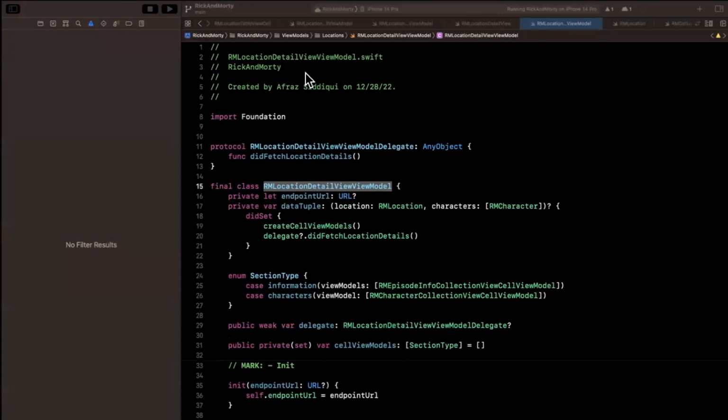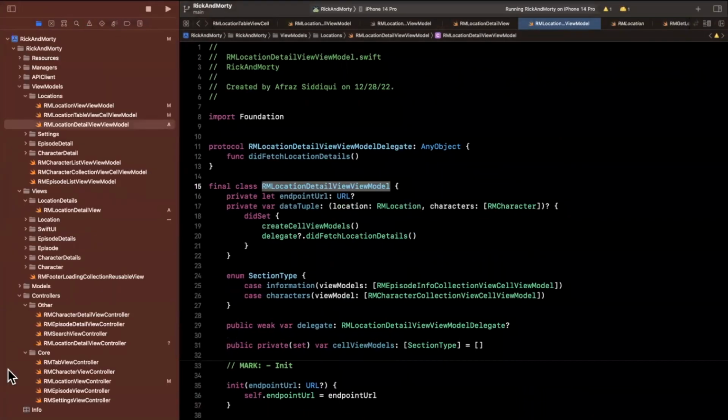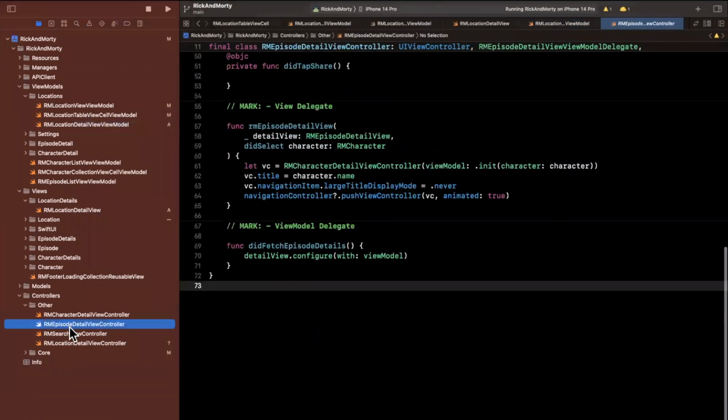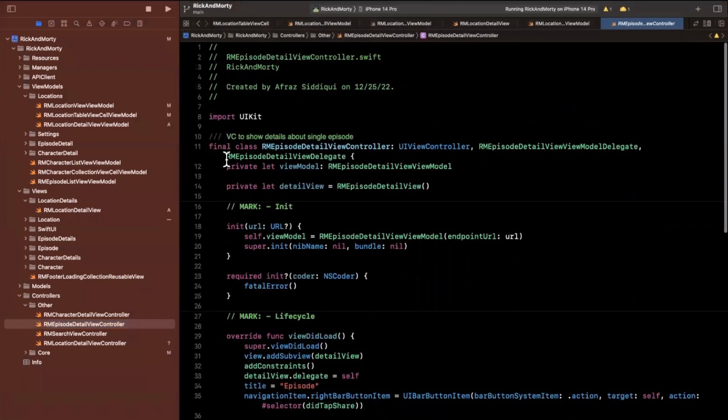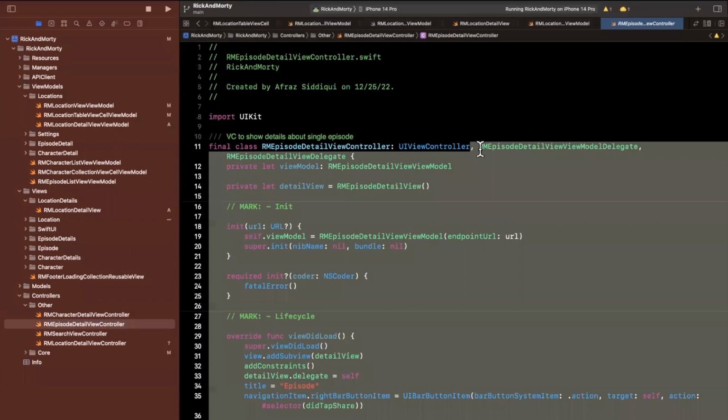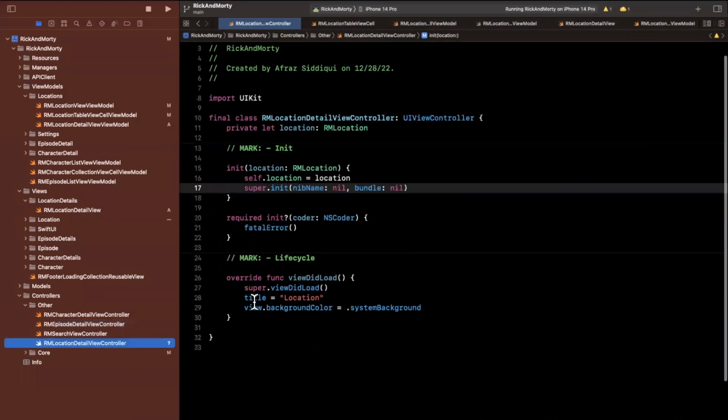So that there is the location detail controller. Let's cheat and copy everything in the episode detail because that's essentially what we are repurposing here. So I'm going to take everything inside of here, and it's actually not that much code. So let's go ahead and see if we can finish it in this video. So I'll take everything from in there,